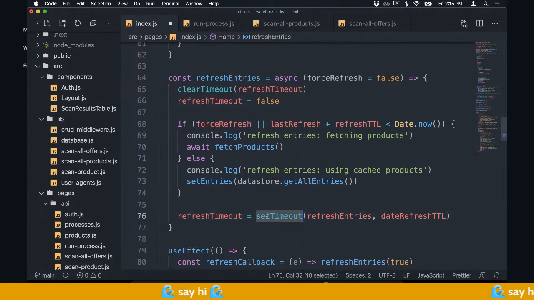set timeout returns some number. Usually it's not 0, but I don't know if it could be 0 or not. But basically it's some kind of number that is, I don't really know what it refers to, but it holds the timeout, and I need that. I can't just say clear timeout on the same number. I have to have the actual reference to it. So